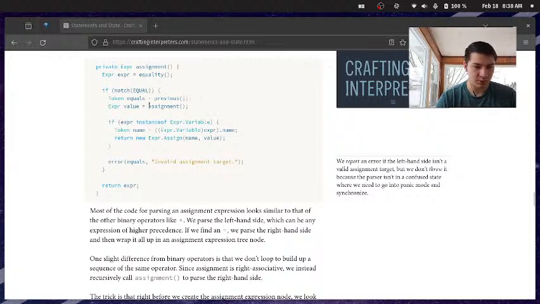if (match(EQUAL)) { Token equals = previous(); Expr value = assignment(); if (expr instanceof Expr.Variable) { Token name = ((Expr.Variable)expr).name; return new Expr.Assign(name, value); }